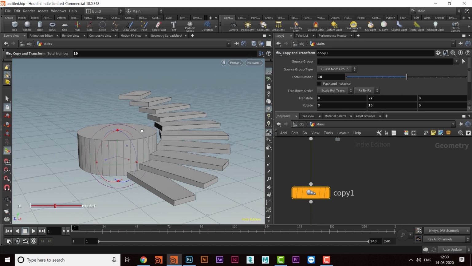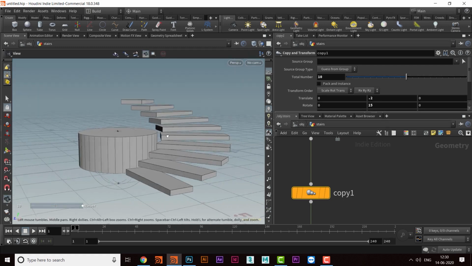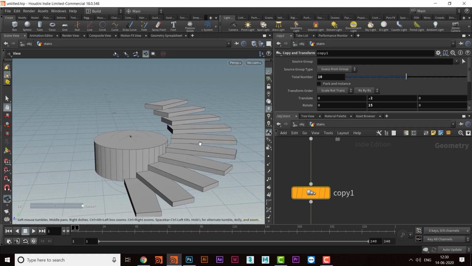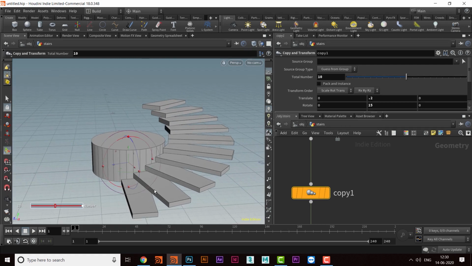So I'll come here and what I want here is, whenever I am increasing or decreasing the number of stairs, the size of the pool should be changing along with that.